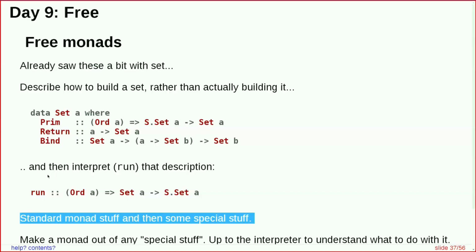It isn't a set, it's a monadic data structure that captures how to build a set. And then we have an interpret function here which we can run with constraints that says for certain kinds of instructions that know how to build a set, we know how to interpret those into a real set. Okay,